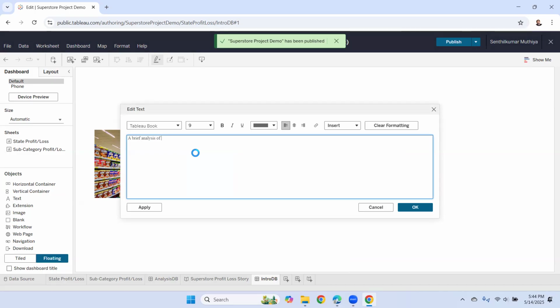We'll just say a brief analysis of a sample superstore data set. Okay, so this is my project. I have typed my project title, colon. And then next I want to bring